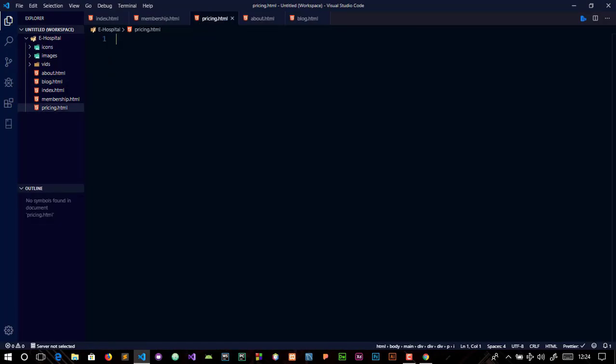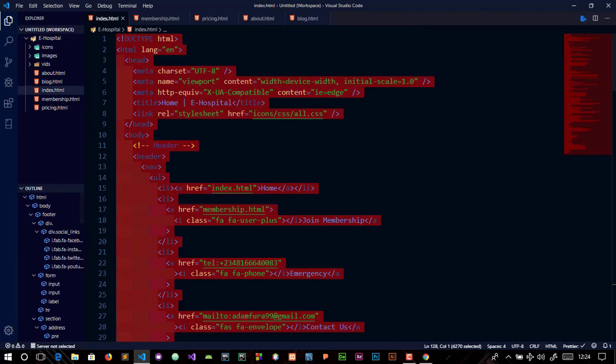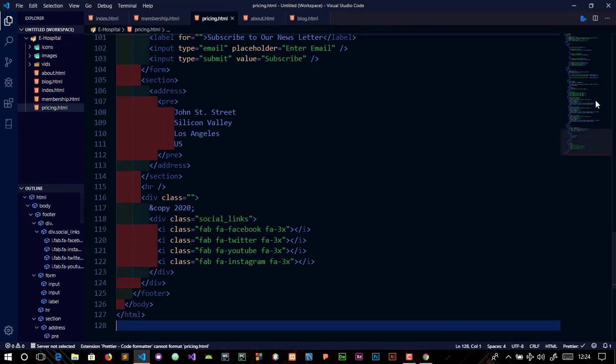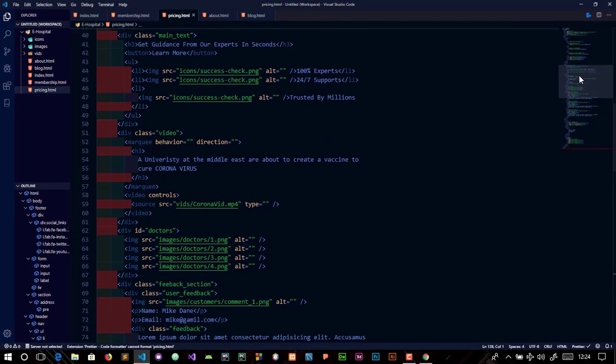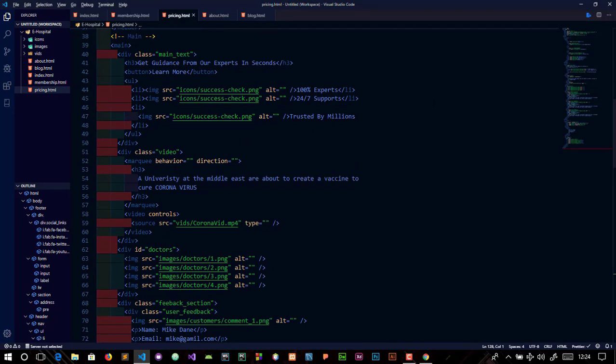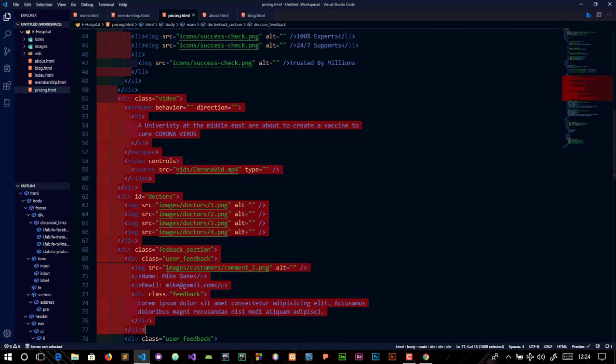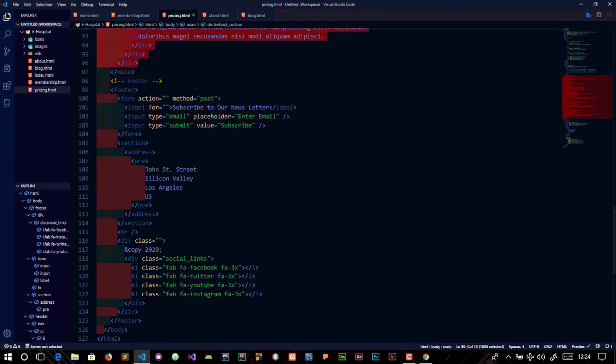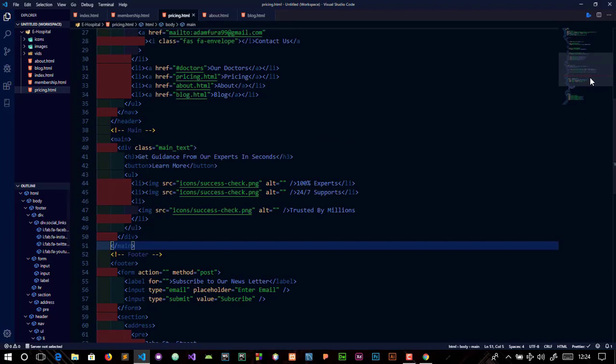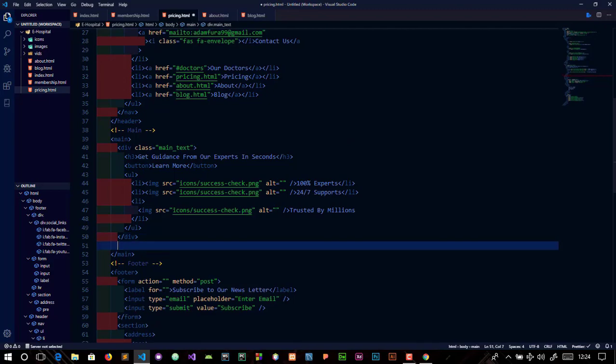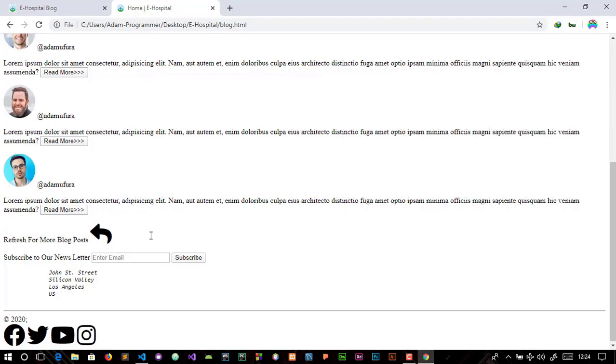Now let's move on to the pricing section. Let me just copy the text and paste it there. So let me just decrease the size. I remove some unwanted stuff from this video, or the footer. I'm going to leave that footer actually for the whole pages. So where is it? Okay, let me just open the